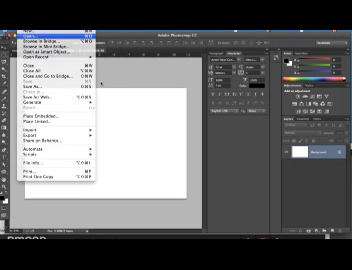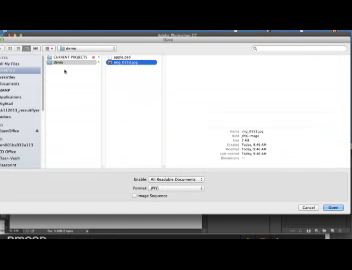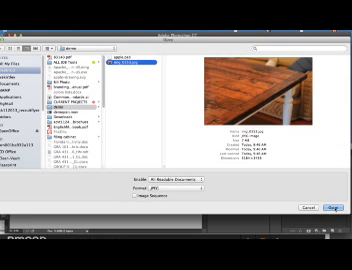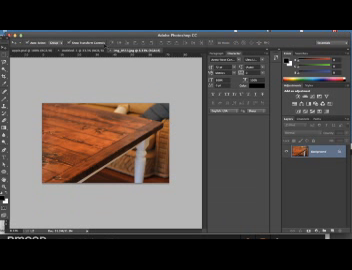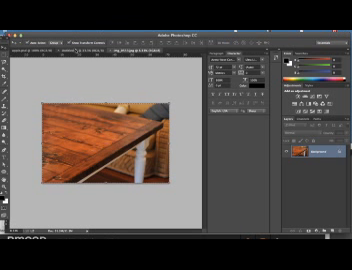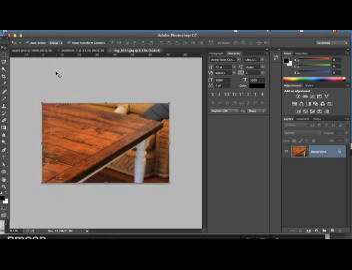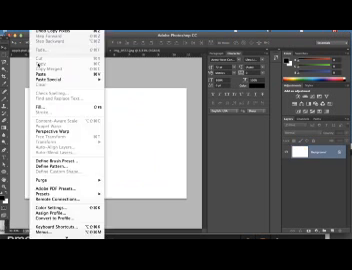I have another image of, let's take a look, it's of a table, and it's pretty large, pretty good size image. But once I open it, I'm going to just copy it. I'm going to select all like that and edit copy. Basically just copying that image and pasting it